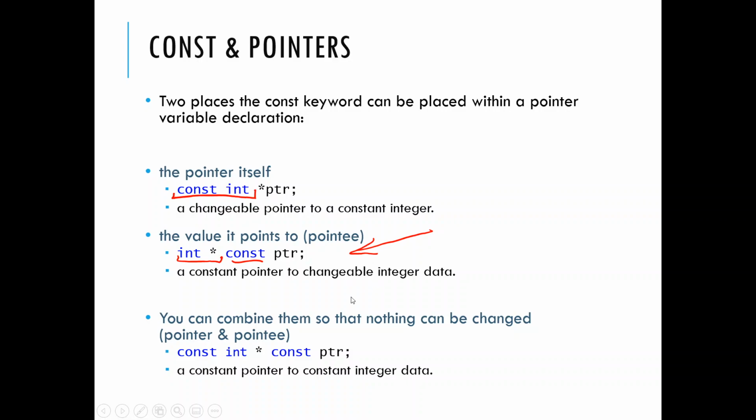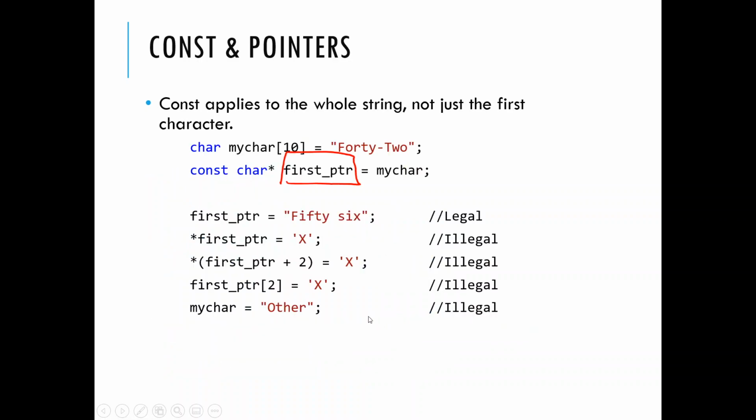And vice versa. Let's have a quick look at some of these. We've already seen this somewhat. Here I have a character array, myChar, of size 10, equal to 42. I could make a constant character pointer to myChar, and I can then say this is going to now point to 56. That's fine. I can move where it points to, but it has to be to something that I cannot